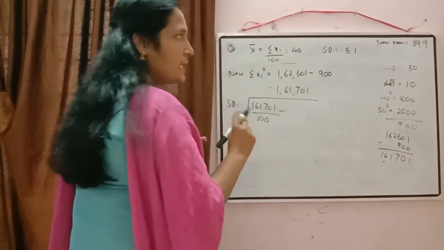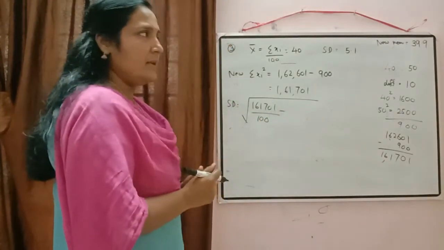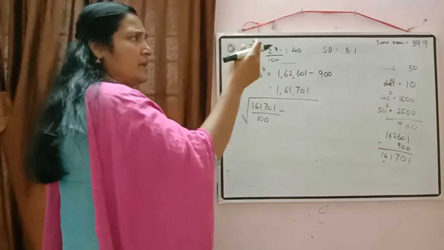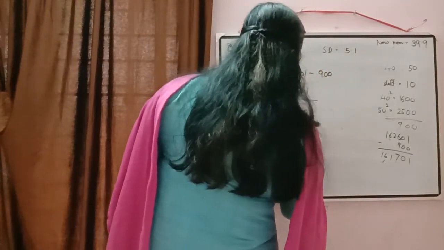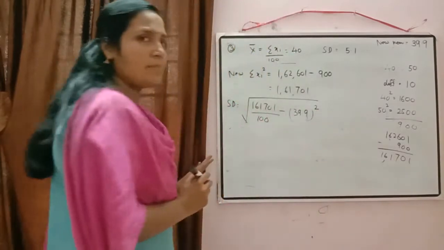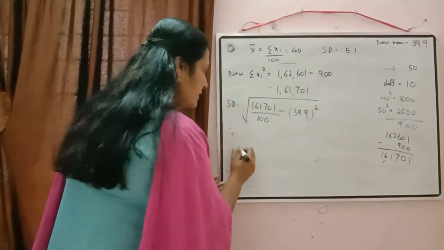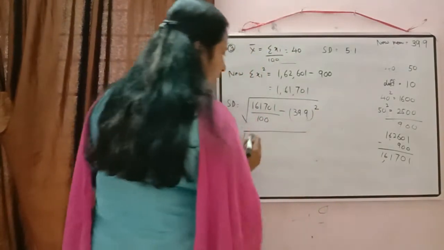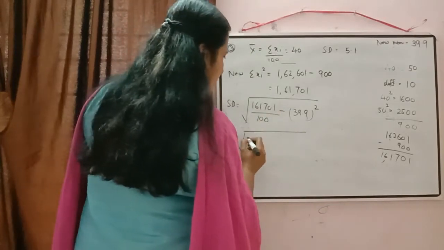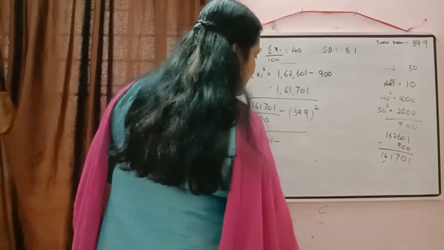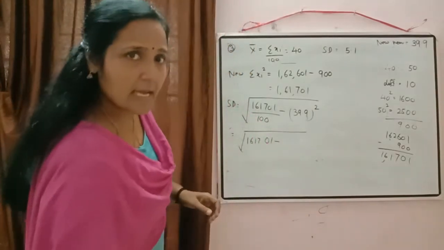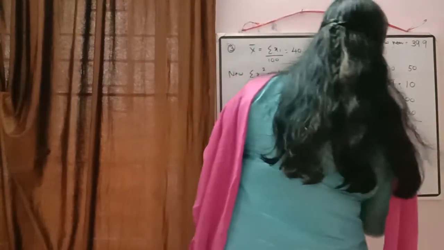100 minus sigma xi by n the whole square, or new mean the whole square. New mean we already got there, that is 39.9. So square root of, here just the decimal sign will come, so we'll get there 1617.01 minus 39.9. Now we can calculate what will be